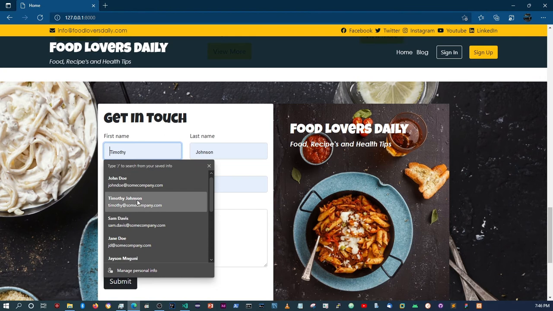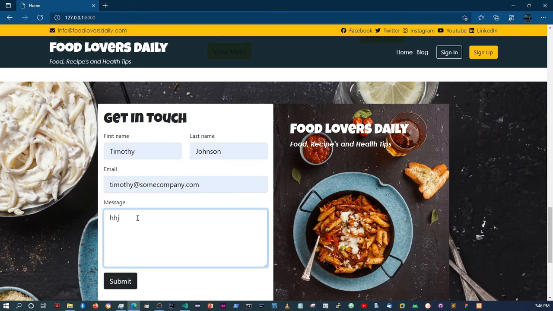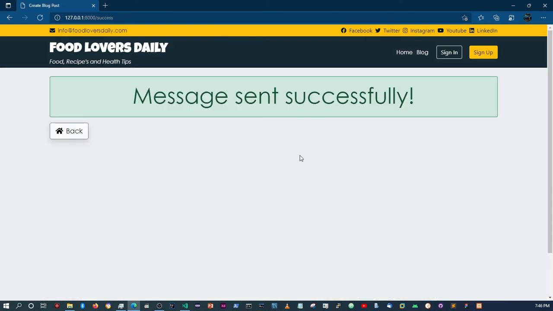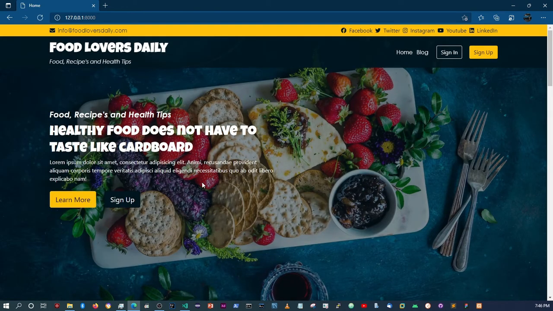If we were to fill this in, and just type in some nonsense there, and then we submit the form, it'll take us to a success page, and then we will be receiving an email using Mailtrap. So as you can see, the message was sent successfully. If you want to, you just go back, and then that's pretty much it. So now the other thing is that